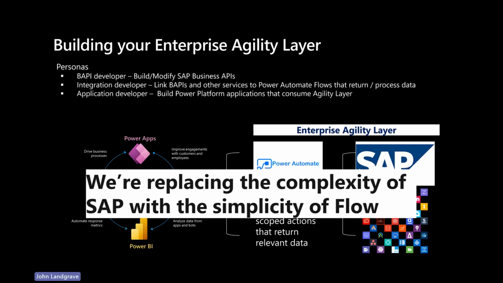And so the end result is a set of APIs implemented in Flow that you can take and parse out and repackage and rebuild any way you want to represent your enterprise agility API layer,